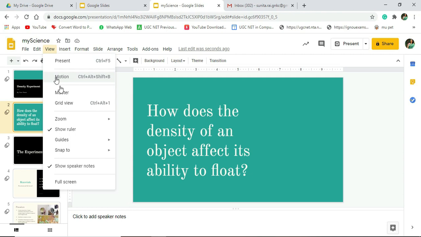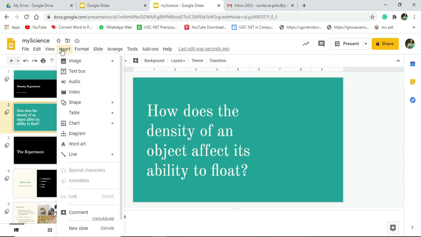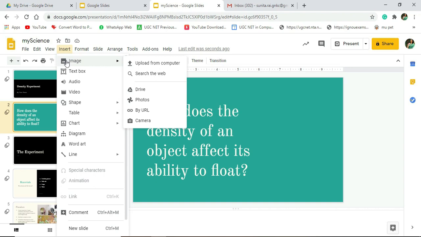I find this a fantastic feature of Google Slides. If you have used PowerPoint, then if you want to insert images into PowerPoint, you should have that image on your PC. In Google Slides, that is not the case. If you have your images on your drive or on your Google Photos, or if you have the URL of that image, or if you want to capture an image on the spot, everything is possible. You can even search for an image on the spot and put that into your slides.